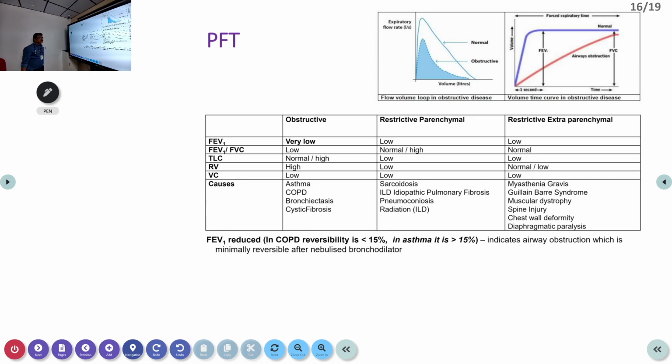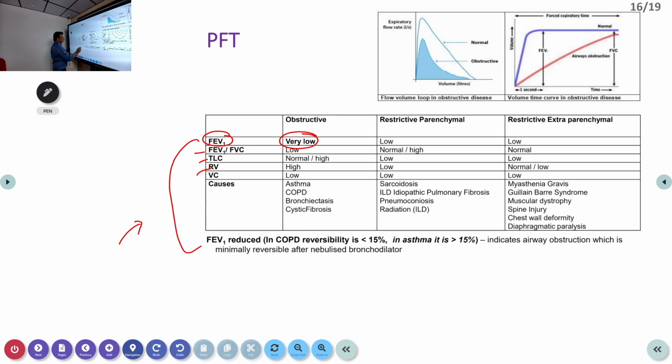Now once the patient comes for follow-up, you can go for a pulmonary function test. In that pulmonary function test, I have given all the parameters here. One important thing for a normal doctor is FEV1. FEV1 will be very low. Depending on the FEV1, we can grade the disease into mild, moderate, severe. But remember, when we are doing FEV1, all these parameters will be checked initially. Then we will give a nebulization, salbutamol nebulization.